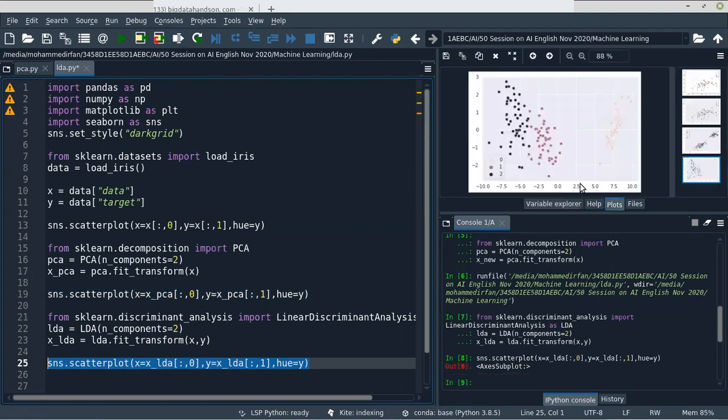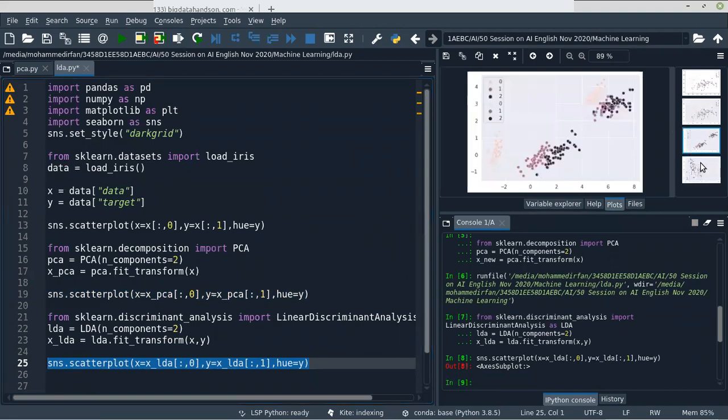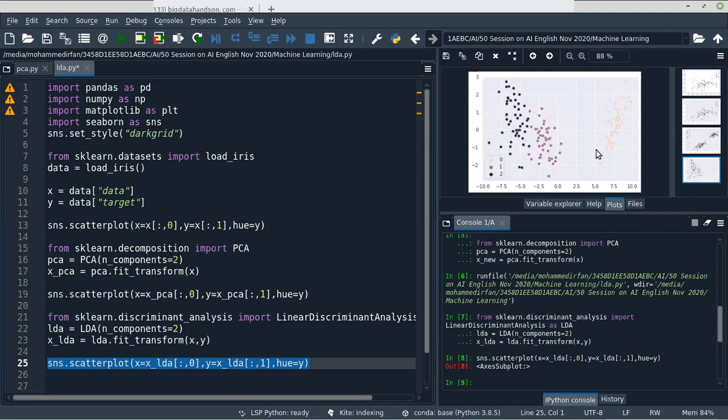So you can see here its classes are separated, right? It's trying to separate the classes, but here it's not doing that. It's just converting as a linear transformation, but it is trying to separate the classes, right? So this is the difference between the PCA and LDA. Okay,